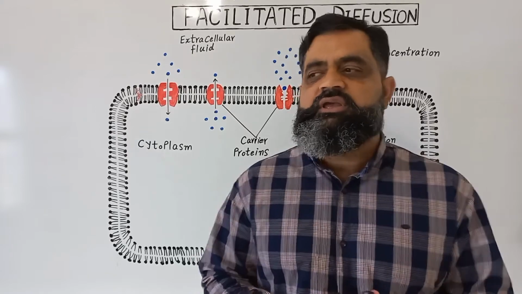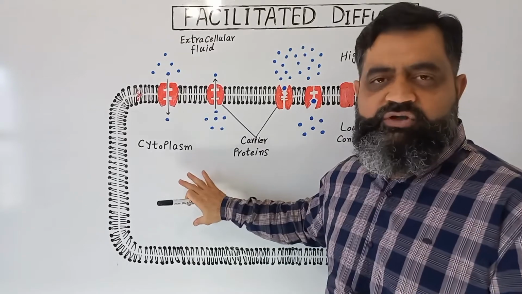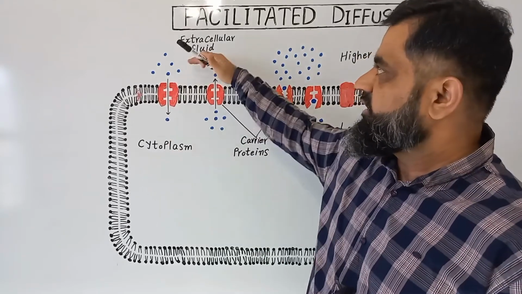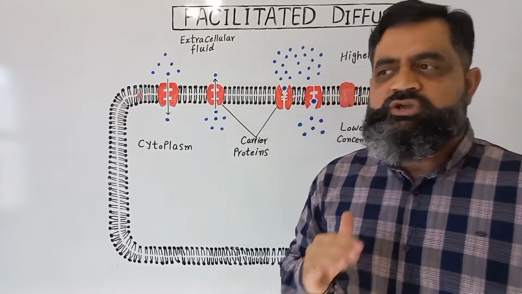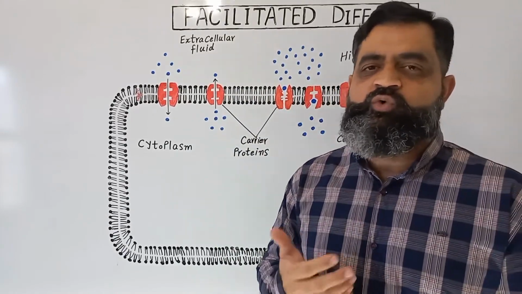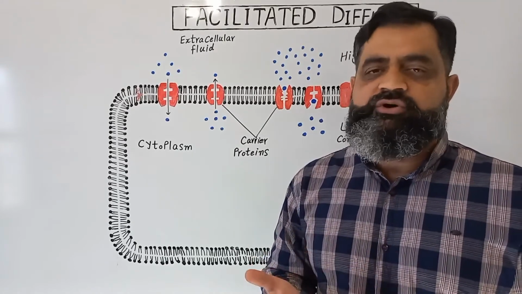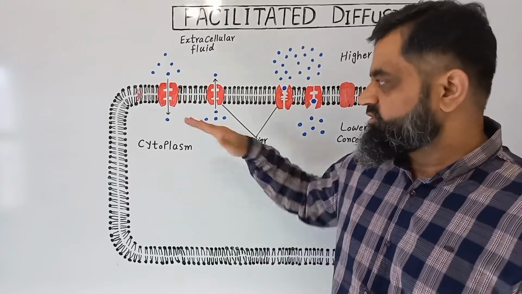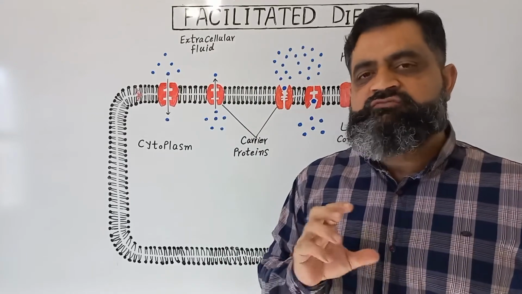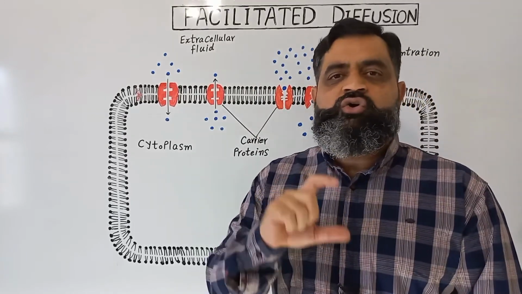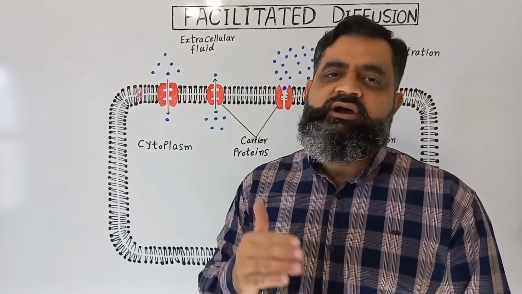For example, if we take a cell, this is the internal environment of the cell, which is cytoplasm, and this is the extracellular fluid, which is external to the cell. If the concentration of a certain molecule like water, glucose, amino acids, enzymes, hormones, etc. is equal on both sides, inside the cell and outside the cell, diffusion will not take place. So for diffusion, there should be a concentration gradient, a difference between the amount of molecules in and out of the